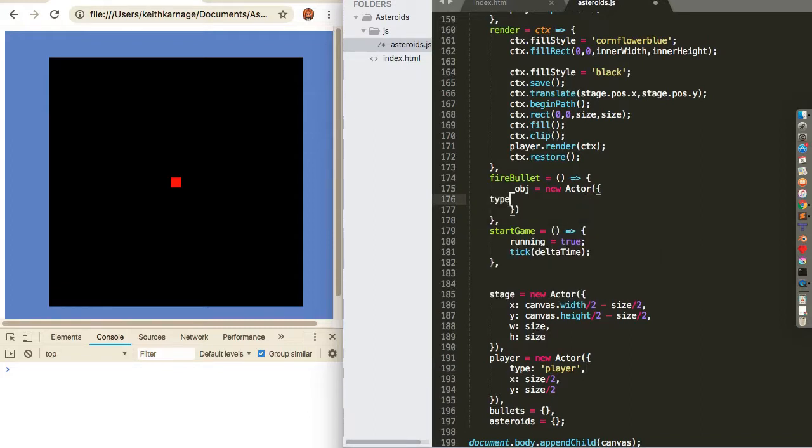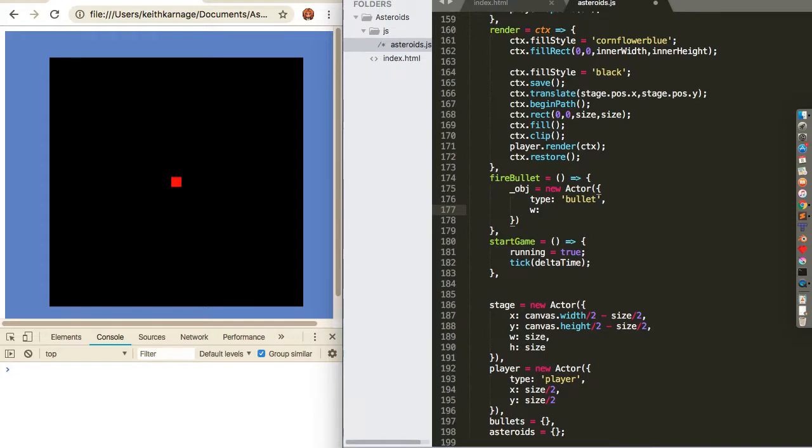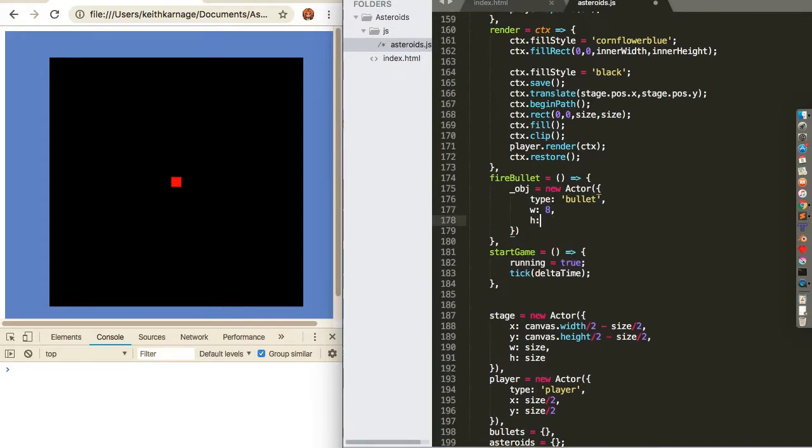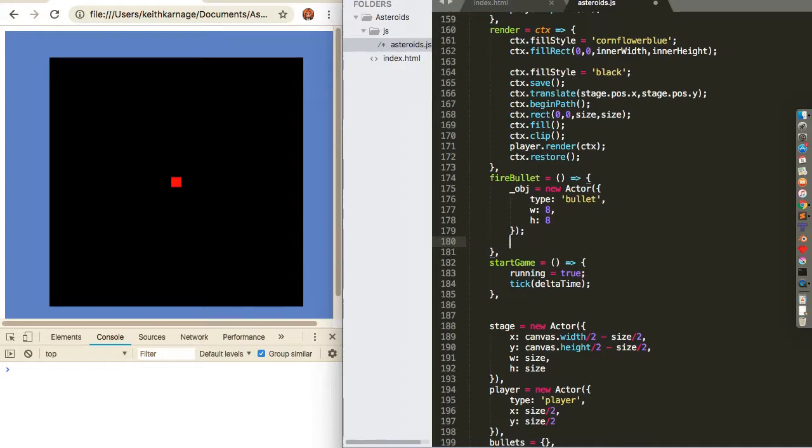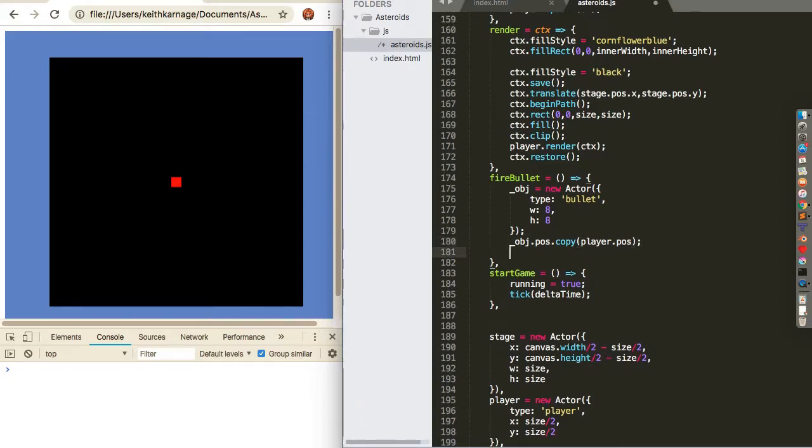It needs a type, bullet. Let's make its width 8 and its height 8, and then I need to set its position. Instead of setting its position there, it'll be easier for me to just use its position and copy the player's position. That way it'll start right on top of the player. And then its velocity,